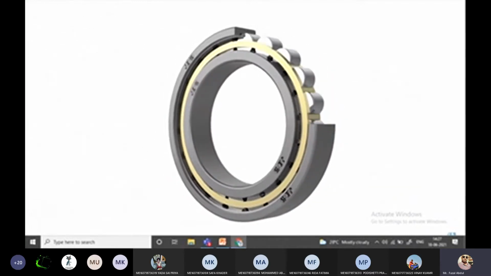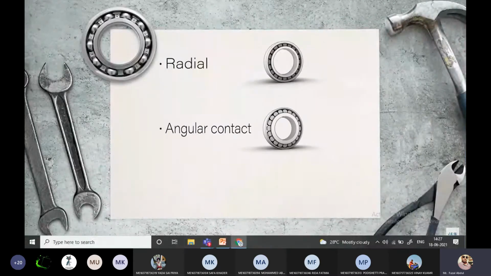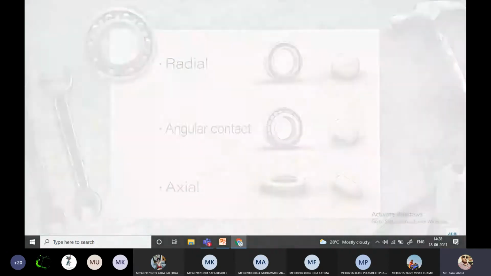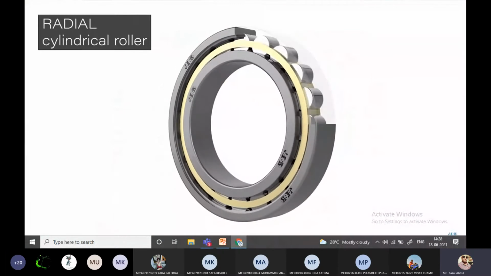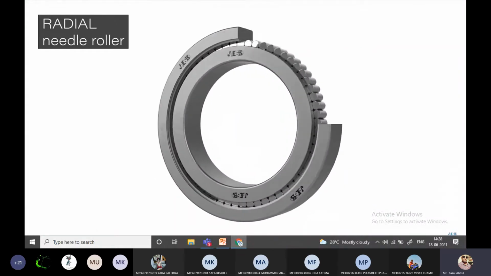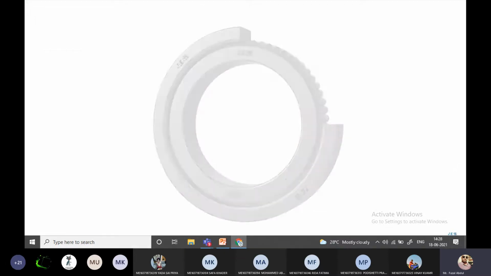Another major type of rotary bearings are the so-called roller bearings, used when very high accuracy is required. They have the same categories: radial, angular contact, and axial bearings. But rollers have different shapes depending on the type. This is another difference between these and ball bearings. Radial bearings with cylindrical rollers are the most common type. If they have small rollers, they are called needle roller bearings, and thanks to their compactness, they are used when space is limited. They can only withstand radial loads.